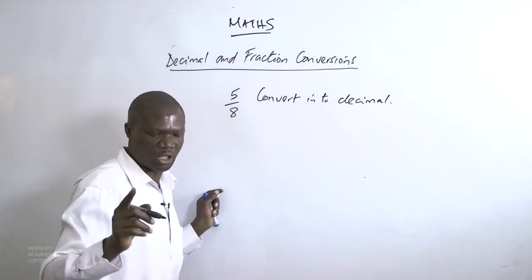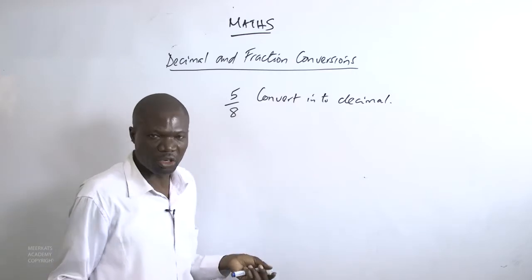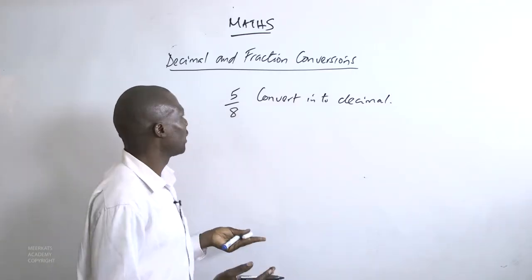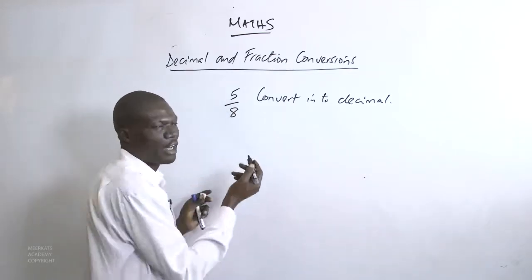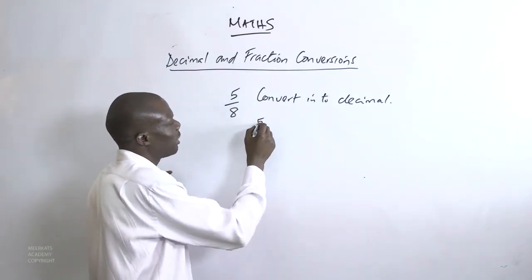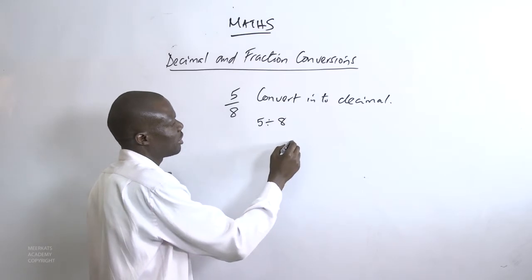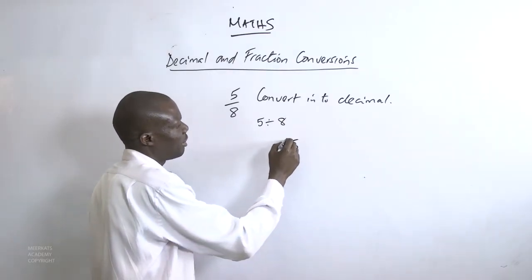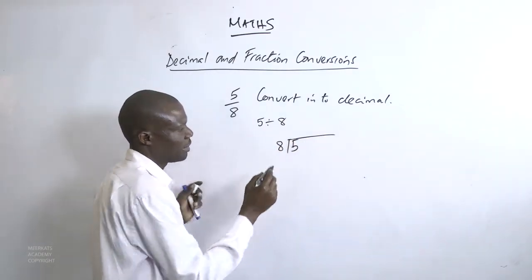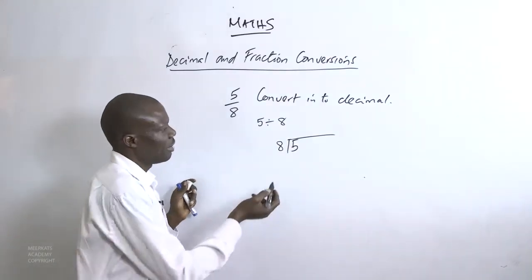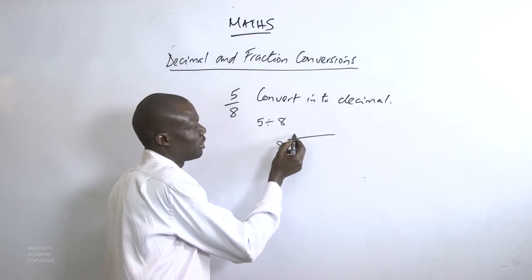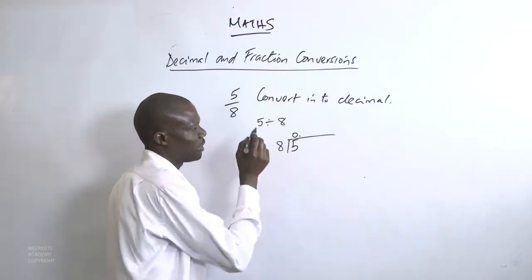Now, the most general method that is mostly used in this is simply a division. 5 over 8 is simply the same as 5 divided by 8, which is 5, and then we are dividing by 8. See, using the long method, 5 divided by 8 is not possible, so we have a 0 point,